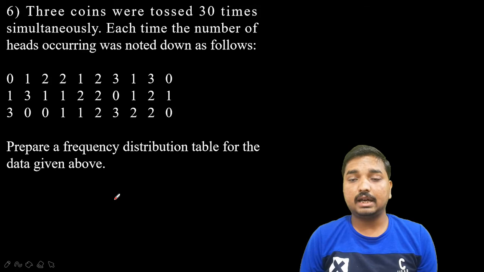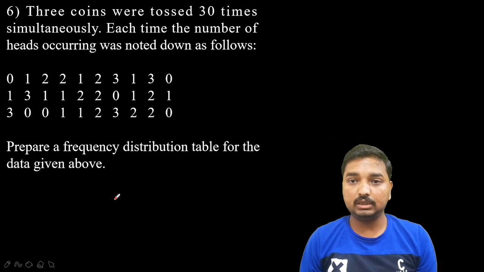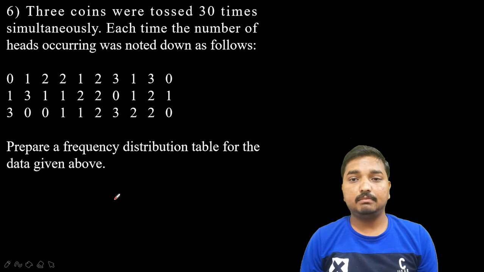So here it is an experiment actually. 3 coins are there. They are going to toss them simultaneously by 3 different persons. Let us imagine there are 3 persons, each having a coin in his hand, and they are going to toss all the 3 coins simultaneously. So now there are different possibilities. First one may appear head, second one tail, third one head, like that. And first one tail, second one head, third one head, like that. Actually there are totally 8 possibilities. You will learn this in the chapter on probability.